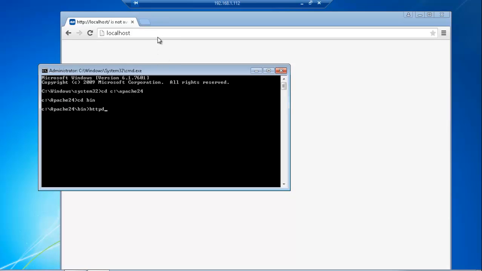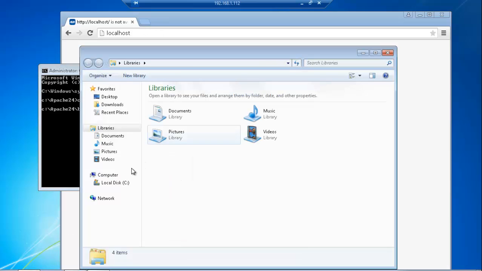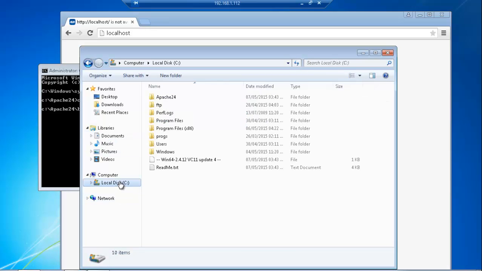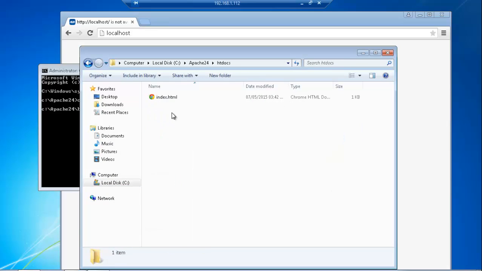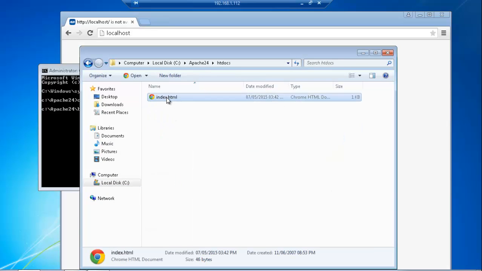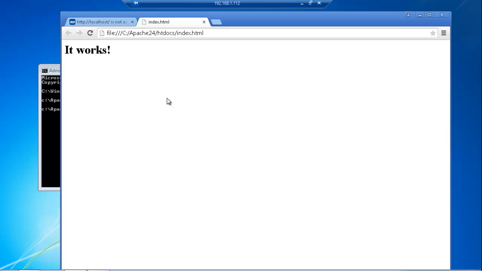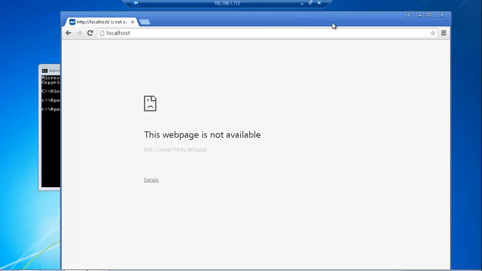So after I run this command, then I will receive the default page. The default page is actually in the Apache htdocs index.html. Now if I open this directly, this is basically what you will see. It works. So I will close this